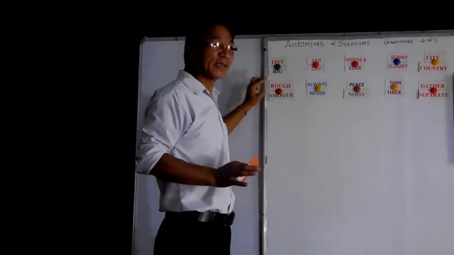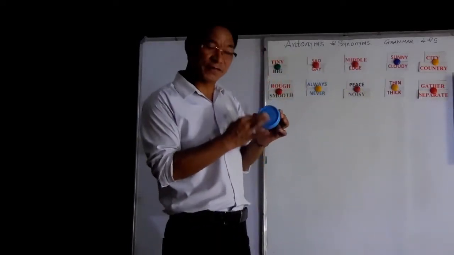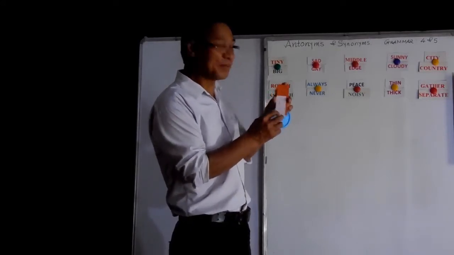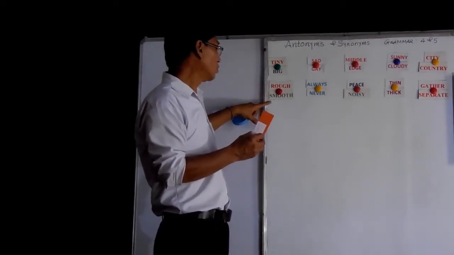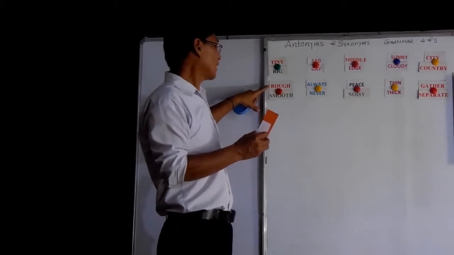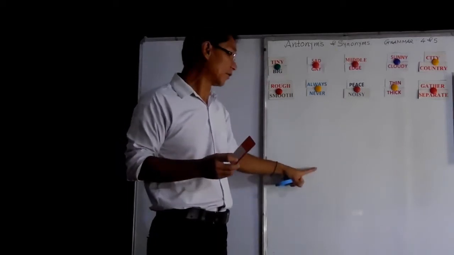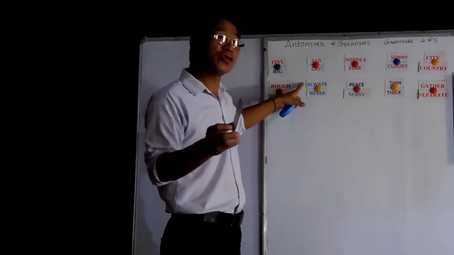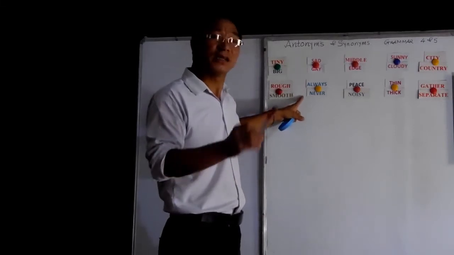Now rough and smooth. Now you know, so rough, the surface is very rough. See, the surface of this lead is very rough. Whereas if you see the surface of this paper is very smooth. So rough, opposite is smooth. The surface is very rough. The surface of this board is very smooth. Now always and never. You have been daily confused person. I always do my work, I never do my work. So always means sadhe, never means kahile pani haina.